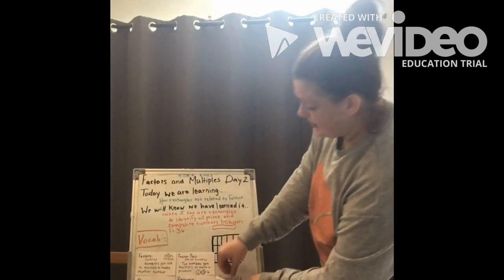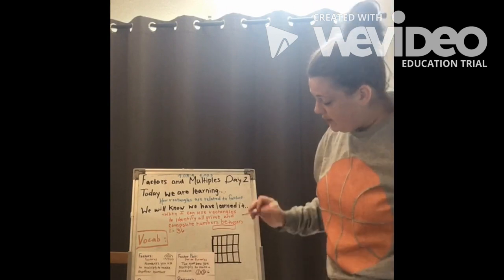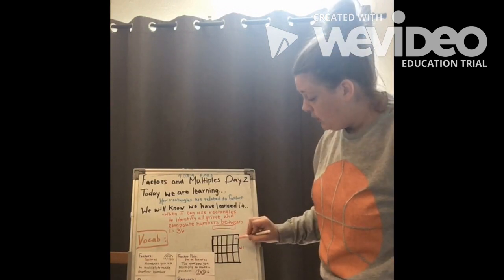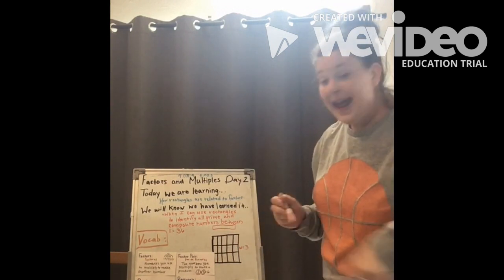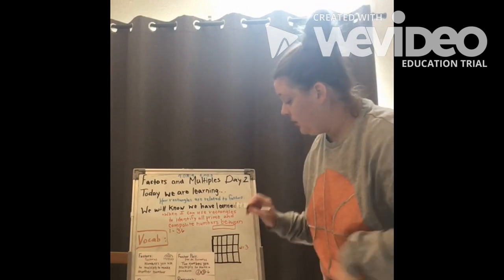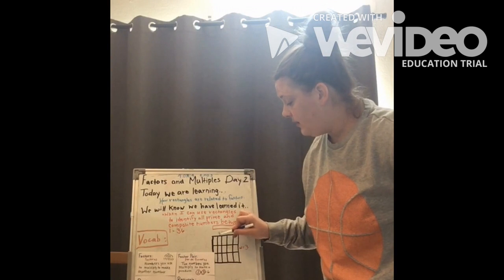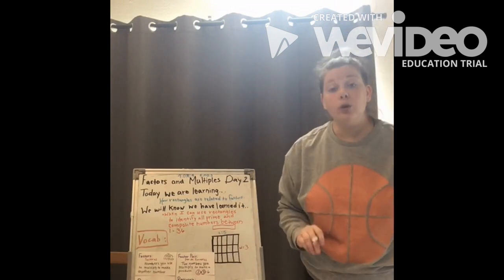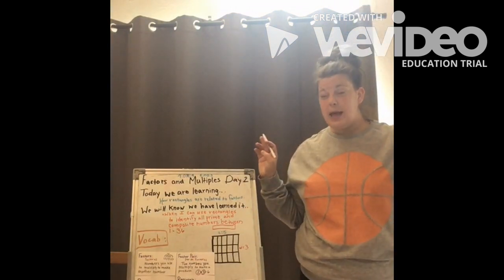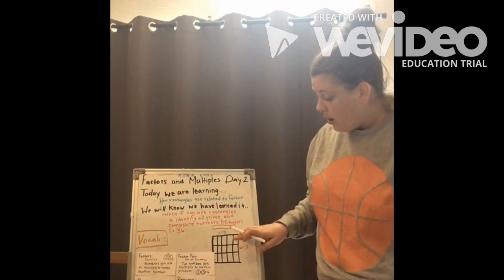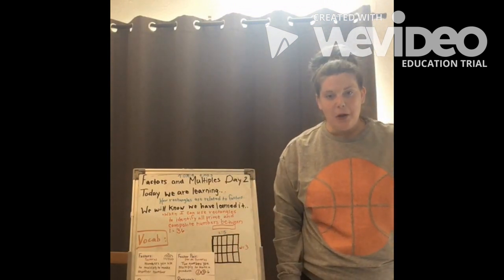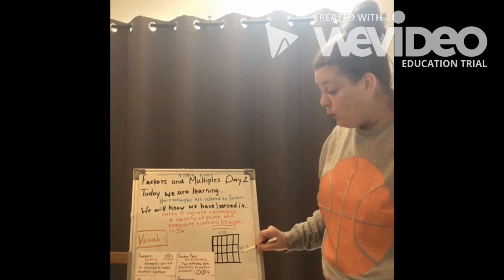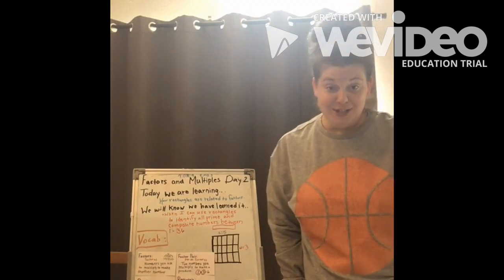So the dimensions of a rectangle are the width, which for this one happens to be 1, 2, 3, and the length, which for this one is 1, 2, 3, 4, 5. What we learned earlier in our lessons last week is that the amount of squares on each side are also factors. So that is telling us that the length and the width of a rectangle are the factors of that area,